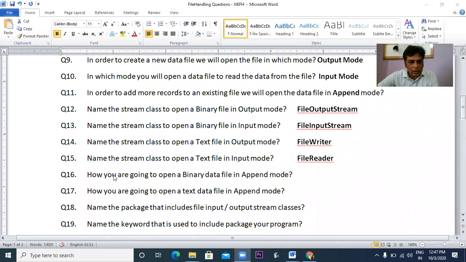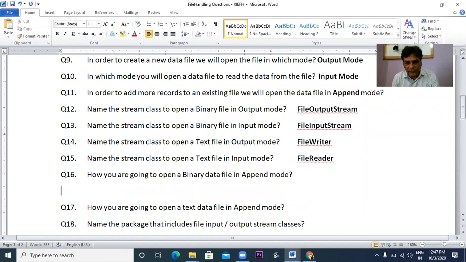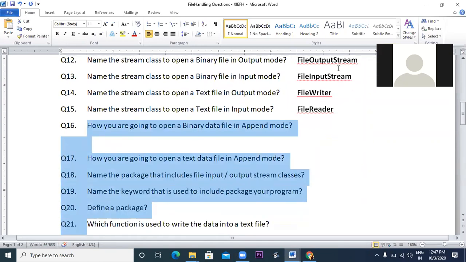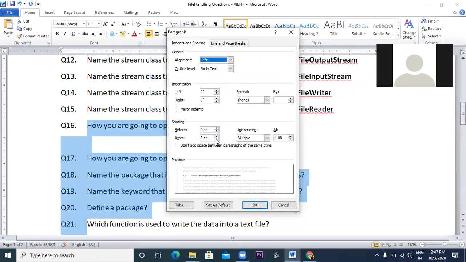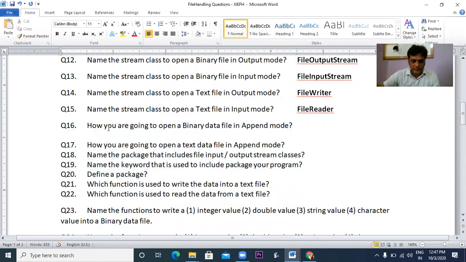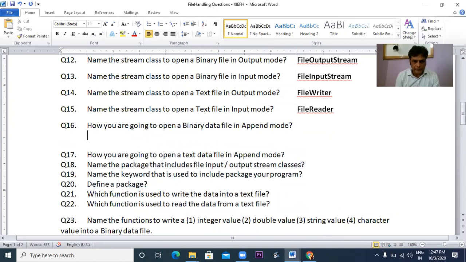Now, how are you going to open a binary data file in append mode? Now, how we can open a binary data file in append mode? By simply doing the following. Now, what are we going to do? By writing true. You have to write the word true. By writing true,